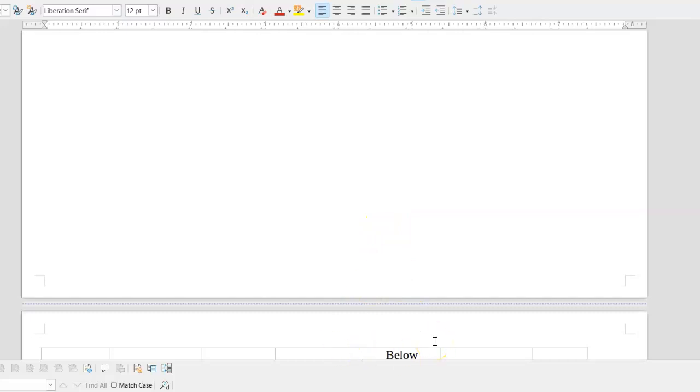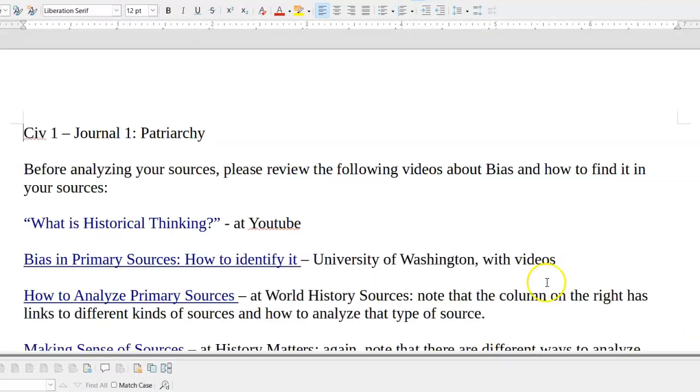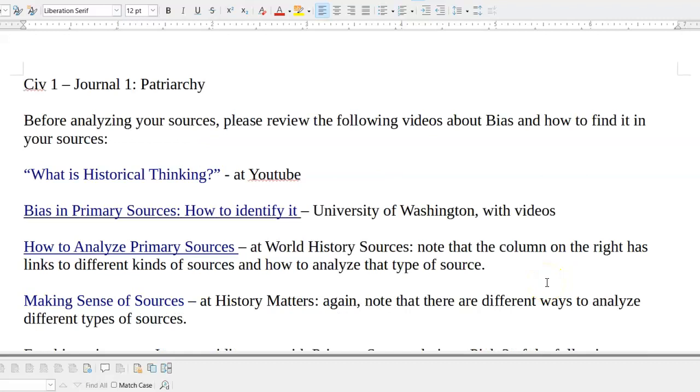Now, I haven't addressed this yet. I'll mention this now. But yes, once we get past the halfway point in the course, I'll start giving you some extra credit options as well. But for right now, you definitely want to be sure that you pay attention to what you're doing with these primary source analyses. That all being said, I have here the first primary source analysis, also called a journal analysis,